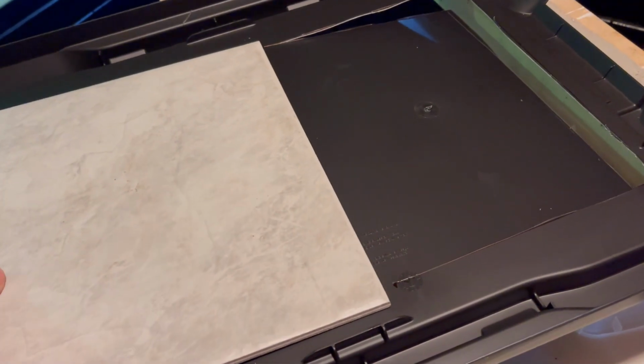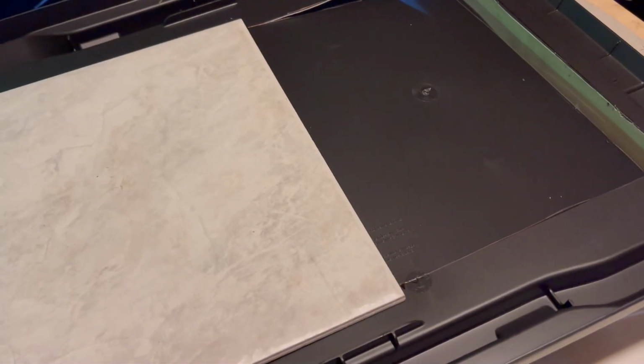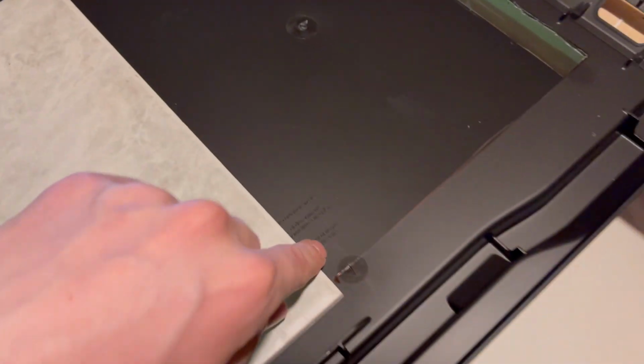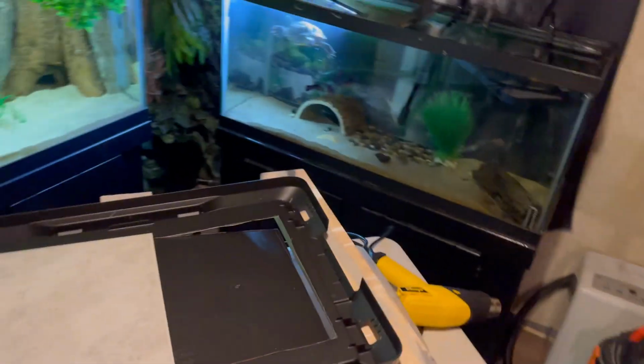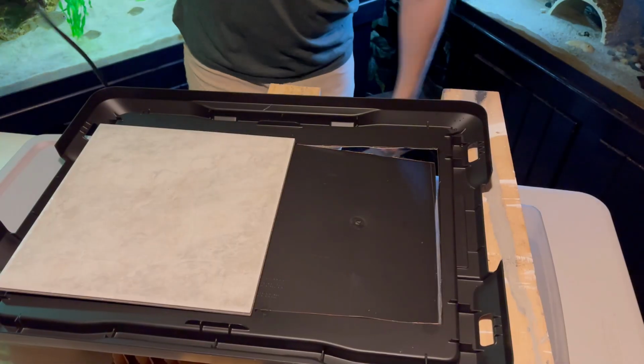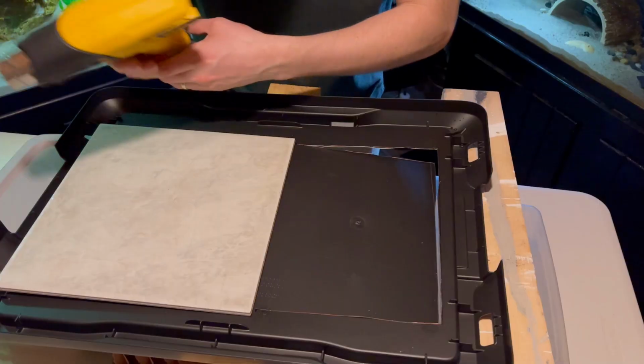Just try to get something that's heat proof, because that's where we're going to apply our heat for our bend. I'm going to line up the edge here to be right on the edges of where we cut to. Now we have a straight edge to apply heat to. Now grab your heat gun. I don't know if a hair dryer will be hot enough for this, but you could try it if you don't have one. I'm not going to